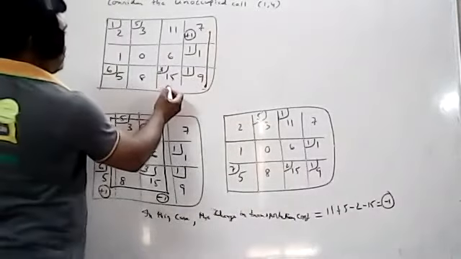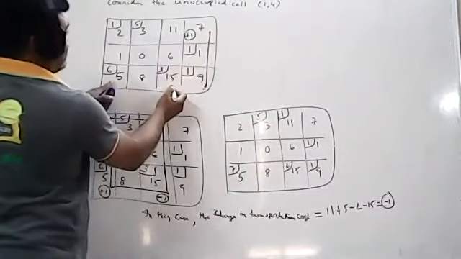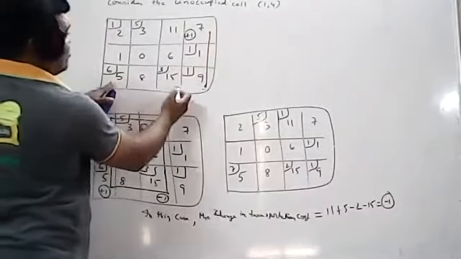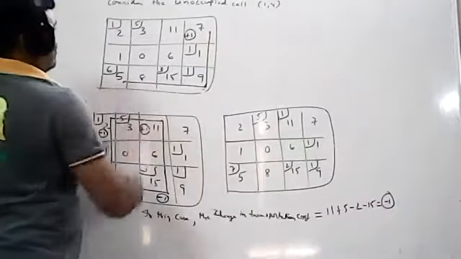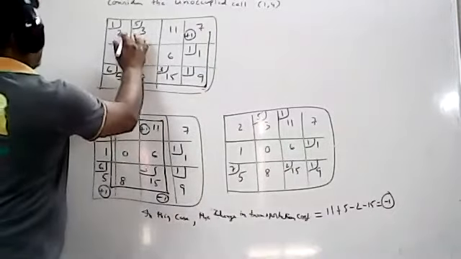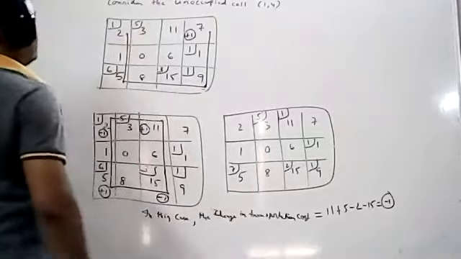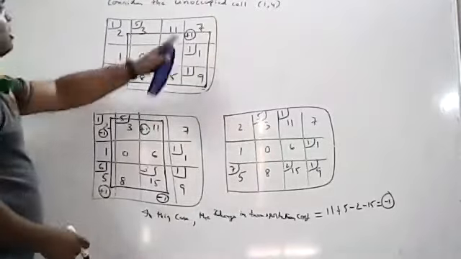Suppose if I take this as a corner point, you have to move only this side. This side way is not there. So you cannot consider this one. Again, loop definition says 3 corner points you won't get. So directly I will move this one, so that I will get only 2 corner points. Okay. So this is unoccupied. So directly I will move like this. Directly I will move like this. This is an occupied cell. So the last one is this one. Directly I will join because only 2 corner points should be there.